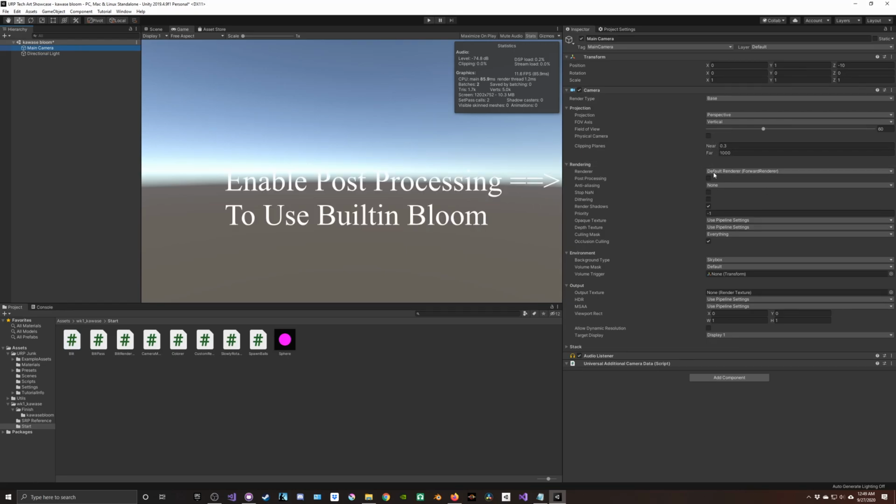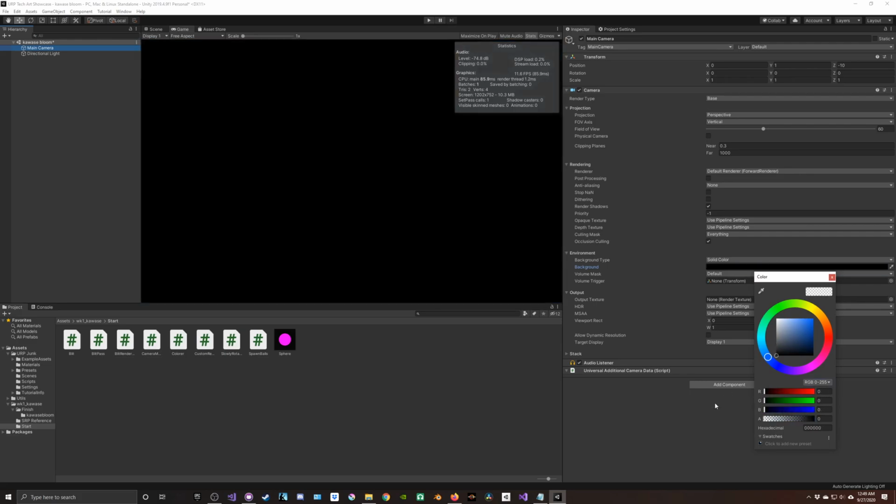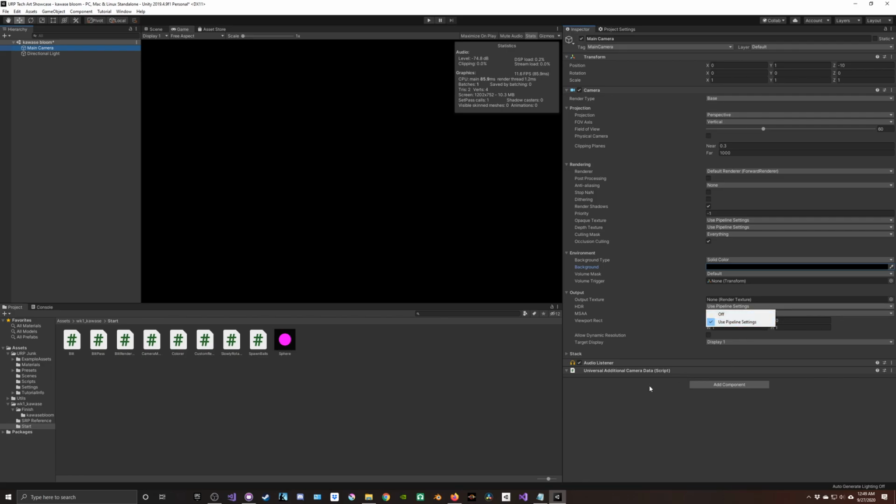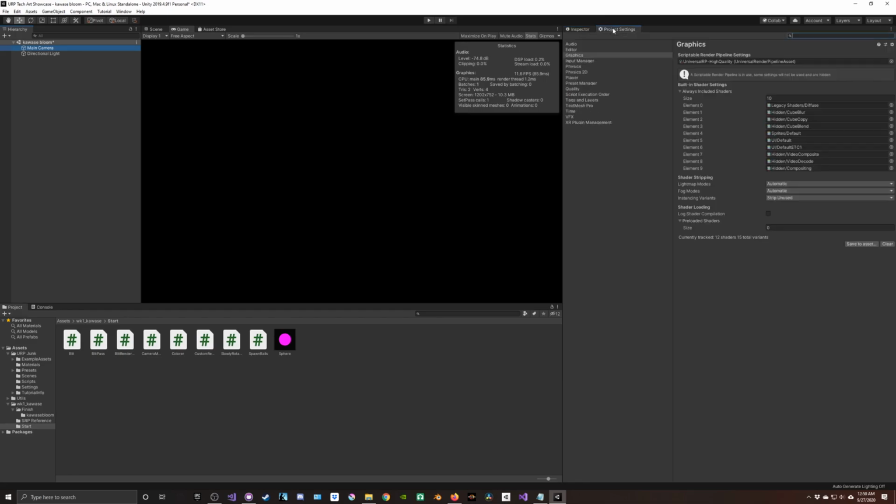So some camera settings you have to make sure are good to start with. I mean, this one's optional, but I hate it. So I just use black as the background. We need HDR to be on. So that is in our pipeline settings. So if we go to our project settings, by the way, this project was, if you wanted to get to this point without downloading everything,